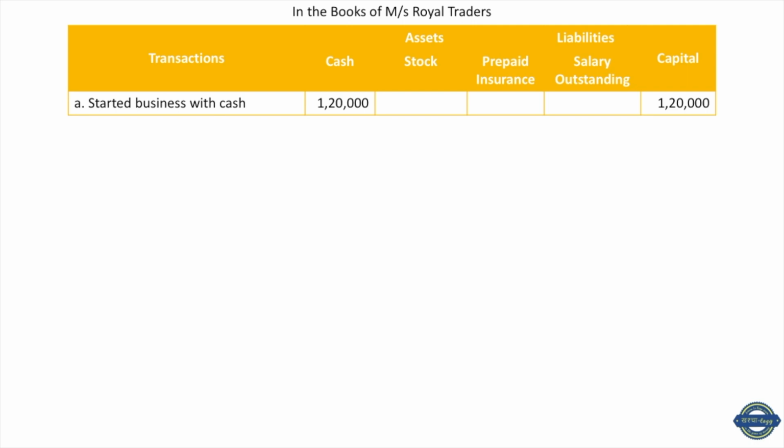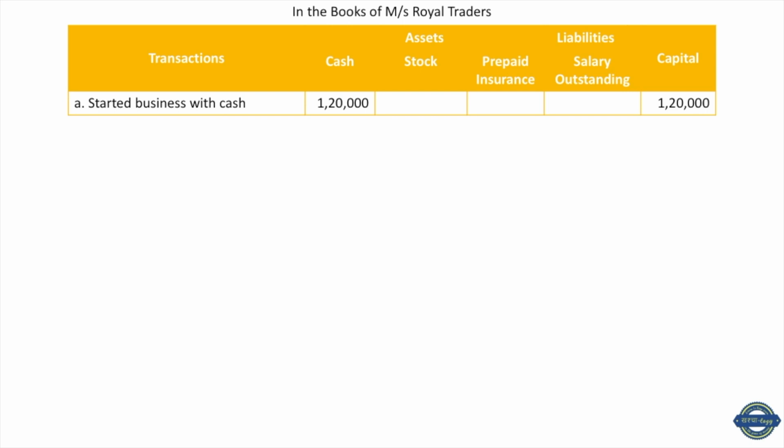On the first column, you'll write what the transaction we are representing. Then we'll have 3 columns for assets, liabilities and capital. In assets, we will have some sub columns to represent whatever asset that will come into this account while presenting the transaction. And similarly for liabilities, we will have sub columns to represent whatever liabilities that will be incurred in these transactions. And the last column will be capital.